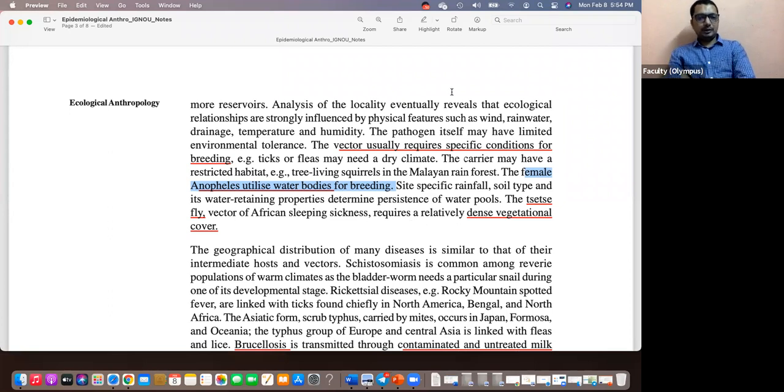See some examples that I've given here, more generic, like ticks found in dry climates, mosquitoes being found in climates where water is common. But here specifically, agricultural practices made them more common and made us more vulnerable to them. So some are geographical, and some are because of human activities like agriculture and deforestation.